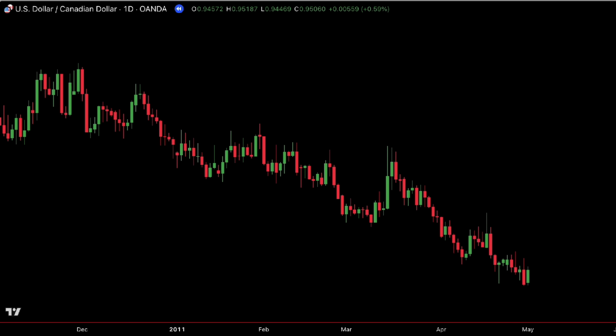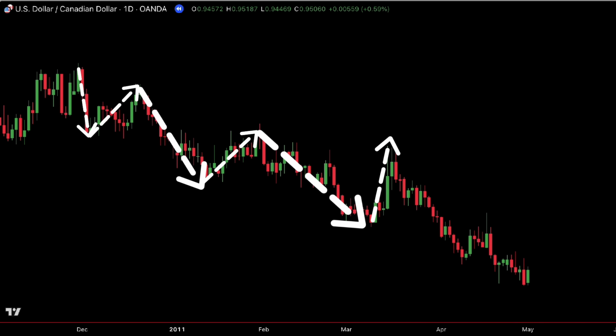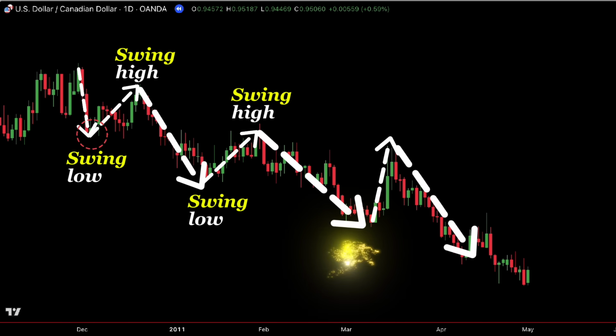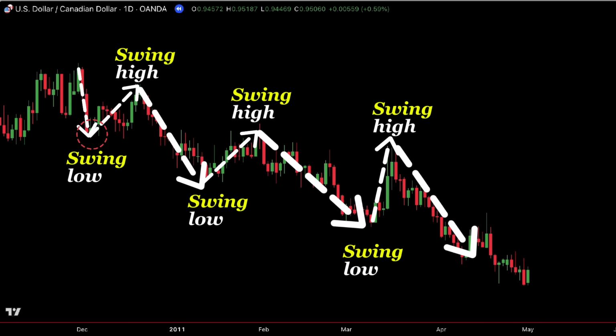In a downtrend, price moves in a repeating pattern of waves: a strong move downward, followed by a pullback, then another move down. To understand this structure, the lowest point before price starts pulling back is called a swing low. The highest point before the next move down begins is called a swing high. In a strong downtrend, price consistently forms lower highs and lower lows, and these lower highs are the key points we